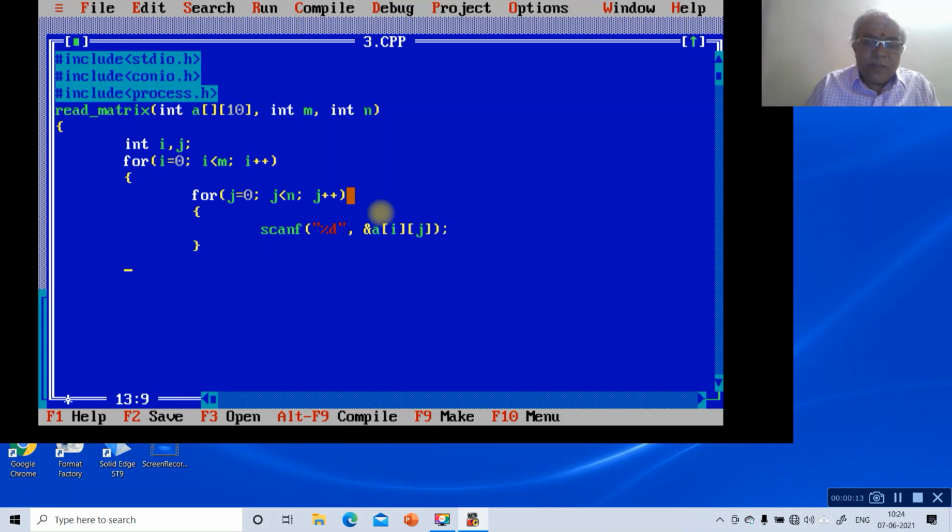Then close the loop, close this loop, and similarly close the other loop.